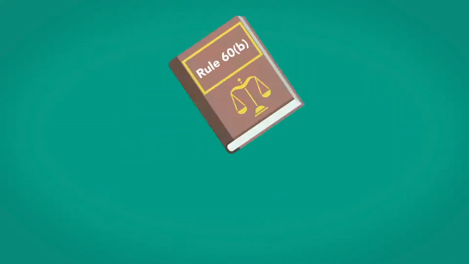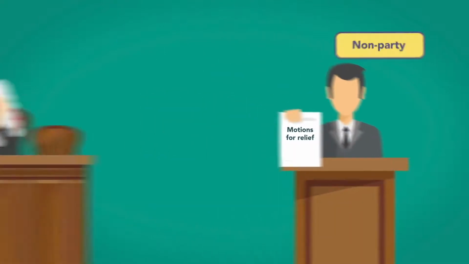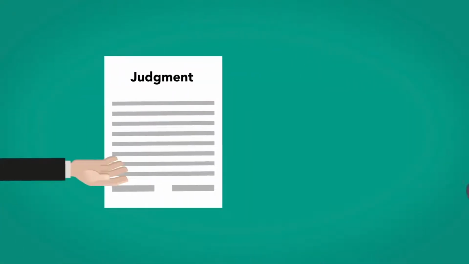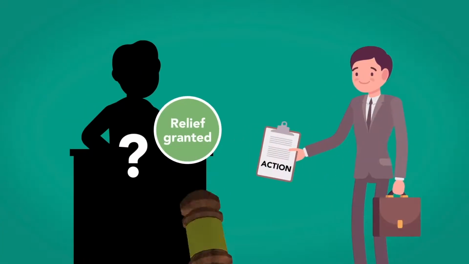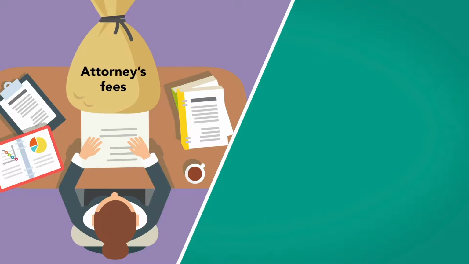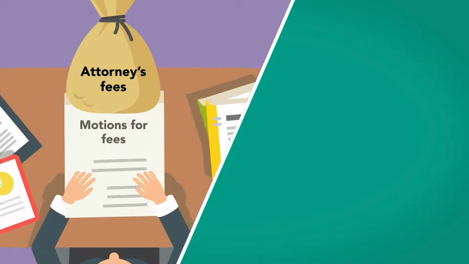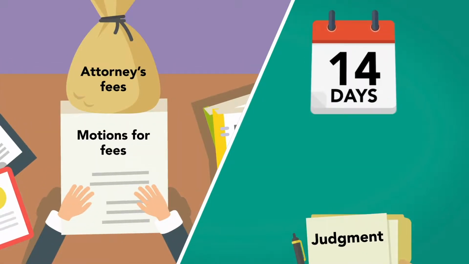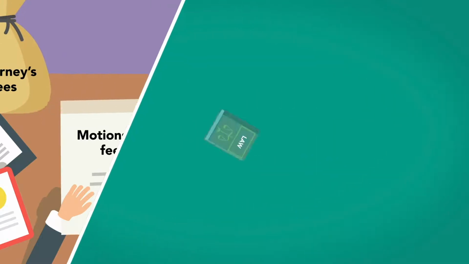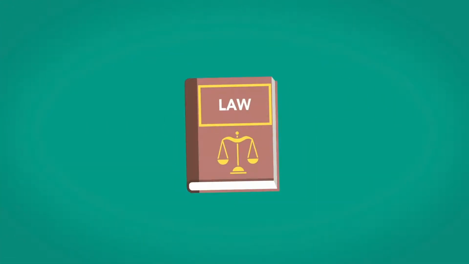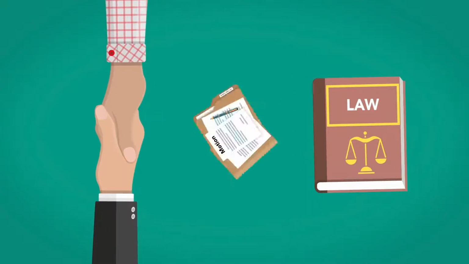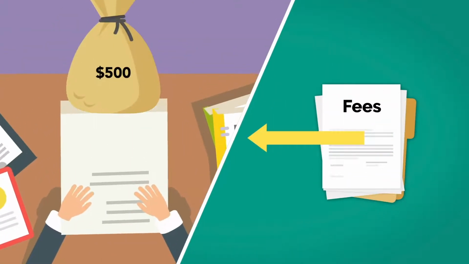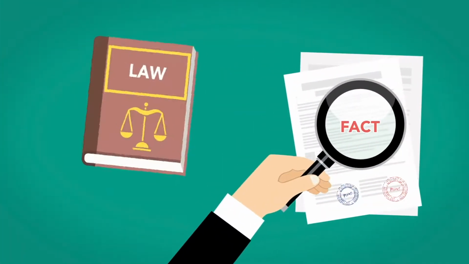The court can also entertain motions for relief from non-parties to the action, set aside a judgment for fraud on the court, and grant relief to a party who was not personally notified of the action. Unless attorney's fees are part of the case, attorneys can file motions for fees at any time before 14 days after the judgment is entered. This motion must be backed up by law or by an agreement of the parties or some other reason to grant the motion. The party that may have the attorney's fees ordered against it can respond to the motion. Judgment on this motion must include findings of fact and conclusions of law.